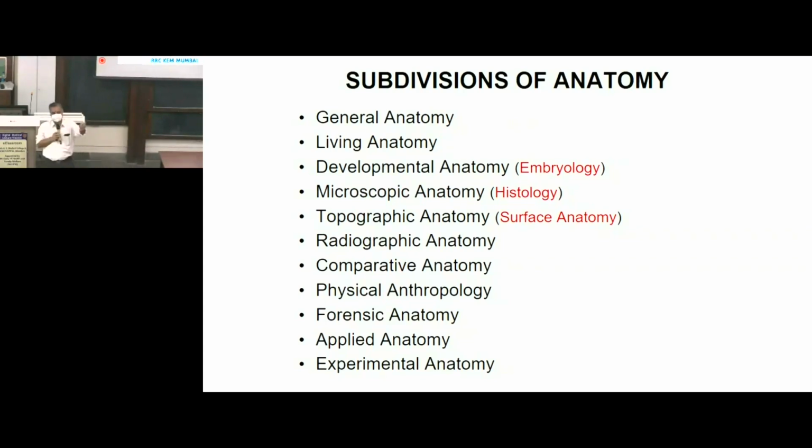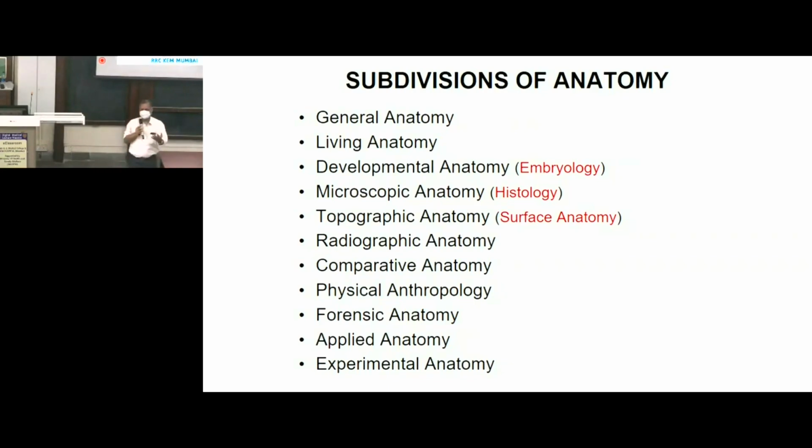So whatever you have learned in anatomy, whether it is cadaveric anatomy, microscopic anatomy, any field of anatomy or living anatomy, you have to apply that on the patient. Firstly, for examining the patient. First, you will listen to what the patient has to say. The next thing that you do is examining the patient. So, examination of the patient, arriving at a diagnosis, advising proper investigations, and finally offering treatment, whether it is medical treatment or surgical treatment. Now, in this context, when you do this, apply the knowledge of anatomy on the bedside.